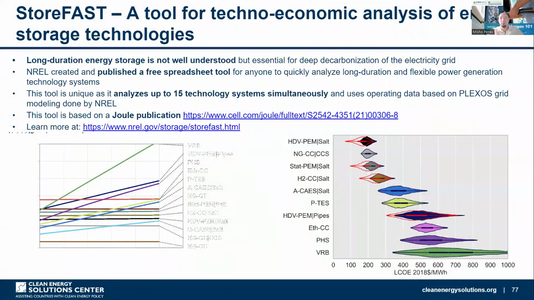But if you need something that's on the order of 120 hours or 5 days of storage, or if you need something that is meant for perhaps a month's worth of storage of electrons, then we get into hydrogen technologies